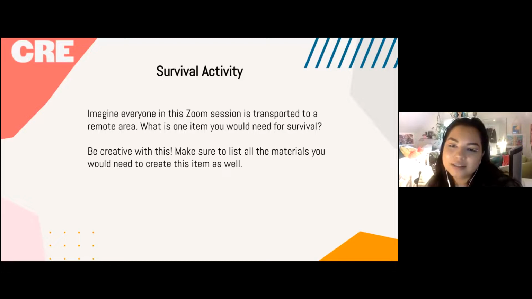Shoshana says water, Dana says water, Valerie says a knife or blade of some kind, something to purify water, warm coat, matches. Yeah, so you're all hitting points of survival that we all really need. Warmth is definitely something, water definitely. Matches, I'm assuming the knife was for hunting, maybe chopping wood. But yeah, these are all things that we need to survive.